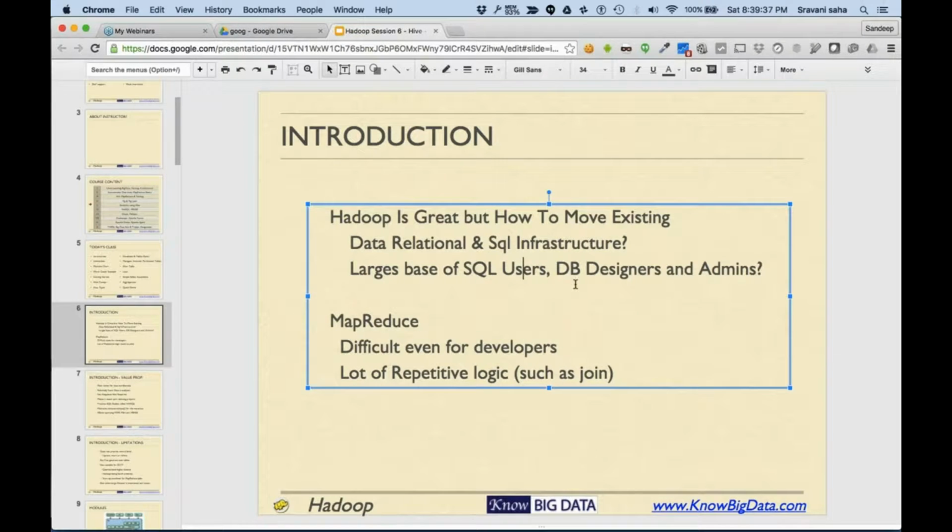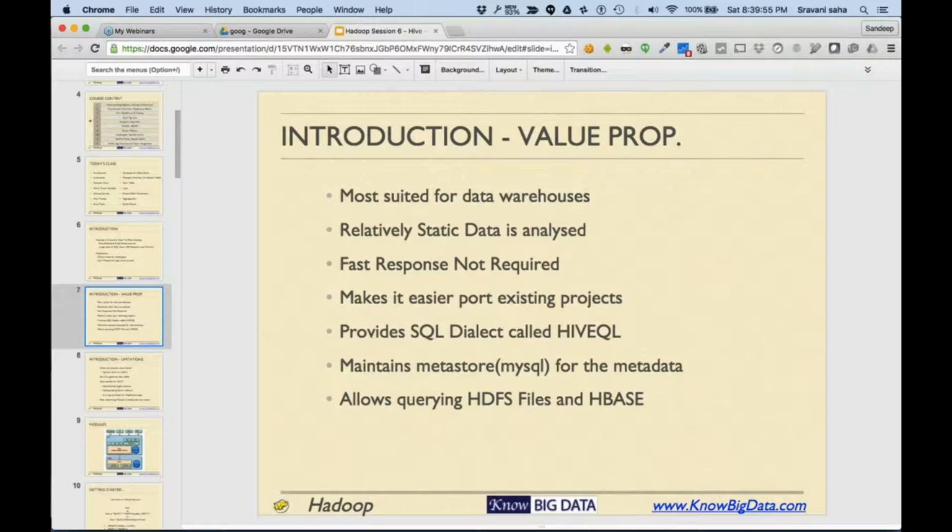All right. The main value proposition of Hive is that it is mostly suited for data warehouses. It is great for analyzing relatively static data, when you don't require a fast response, and it makes it easier to port existing projects.